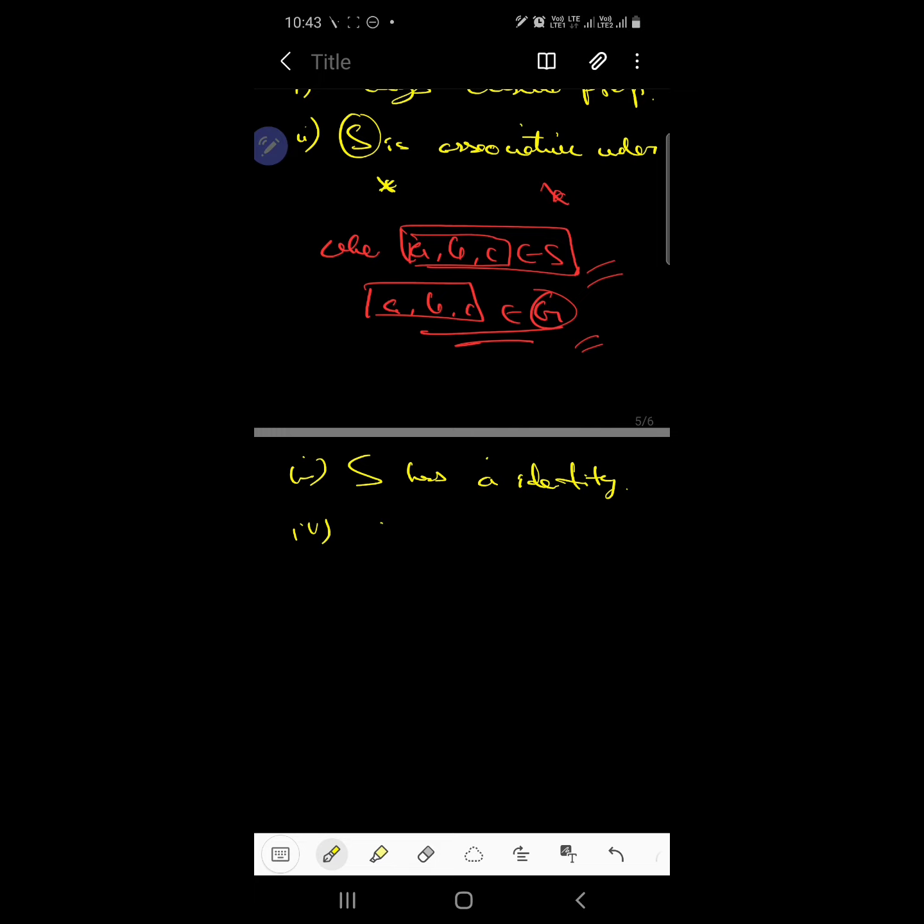Similarly, the fourth point, we have that S has an inverse, which we have just proved: the inverse of A in S is A inverse, when A inverse is the inverse of A in G, right? We just proved the fact. So basically from these four points we can easily say that S is a subgroup of G, right? S is a subgroup of G when the given conditions are obeyed. Understood my point, guys? Okay.